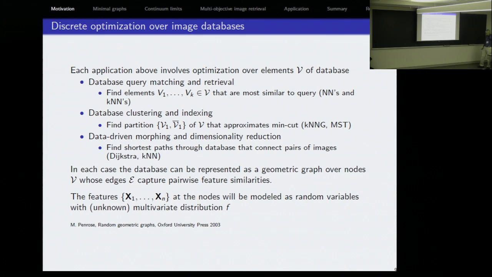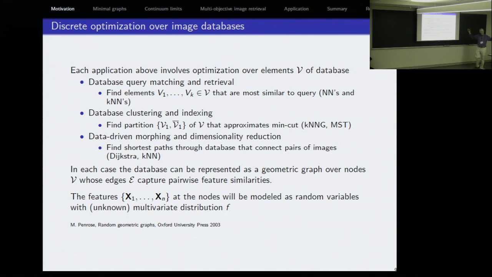So in order for us to characterize what happens to these graphs in terms of their asymptotic properties for very large databases, so that we can somehow maybe seek to conquer this very large-scale problem of indexing or clustering or shortest paths, we're going to model these features as random variables coming from some unknown multivariate distribution, right? So the concept here is there's some big